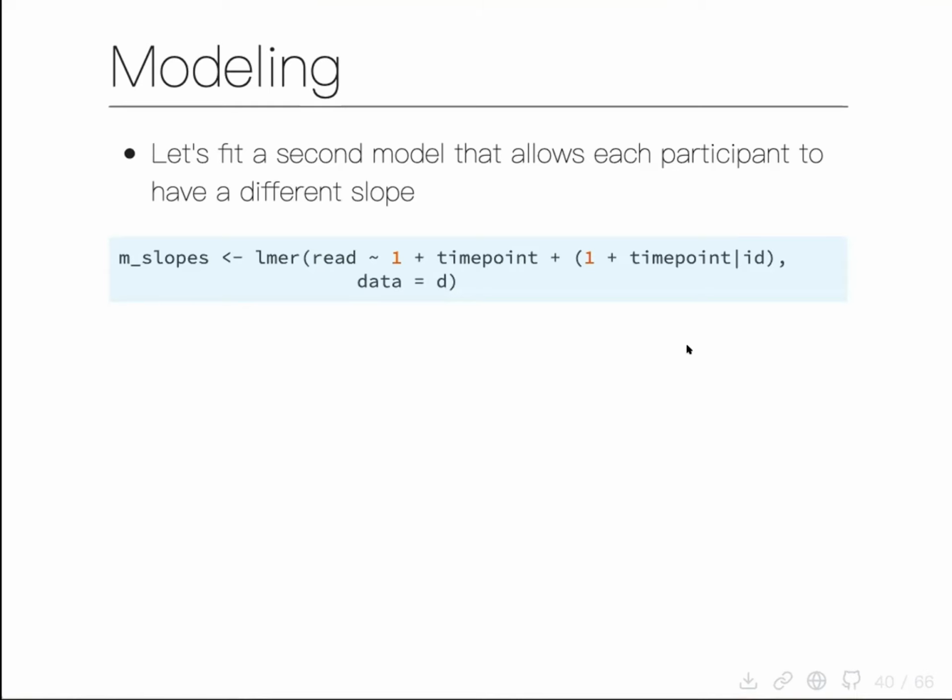And we do that like this. So here I have lmer, all of this fixed effects part is the same as before, but now I'm saying 1 plus time point is randomly varying across IDs, okay? So just a tiny bit of change to say that I want not only the intercept, but also time point to randomly vary across IDs,